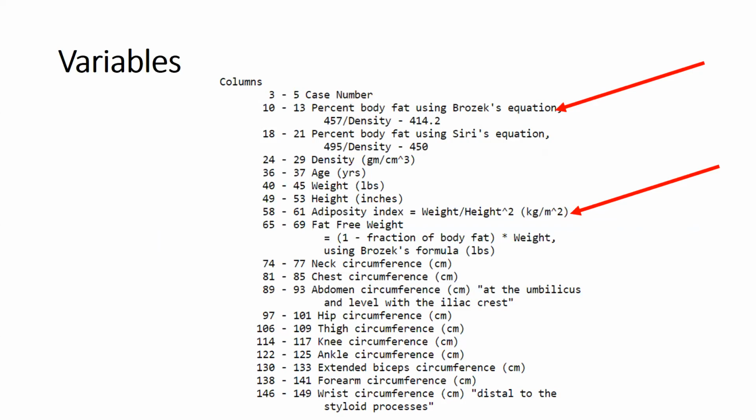And there actually are competing ways to calculate body fat percentage. One of them is called Brozek, and one of them is called Siri. I don't think that's the same Siri that lives inside phones. And you know, there's some options here. For example, you might do Brozek in class and ask the students to practice by fitting models to Siri outside of class. They should be similar, but they're not exactly the same.